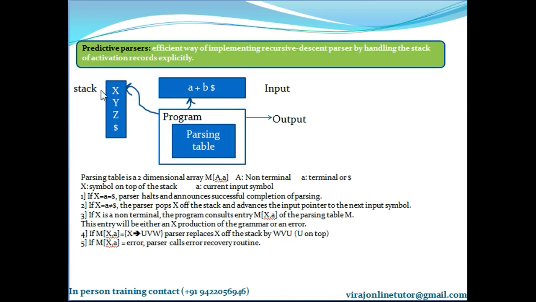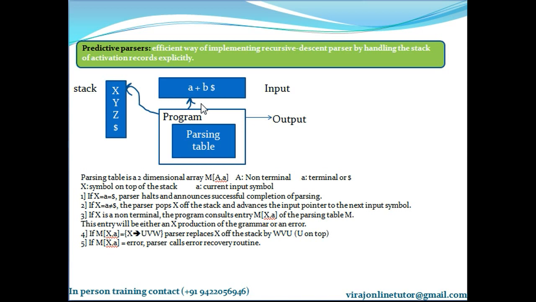So now, in this example, let's consider X is on the top of the stack. It checks whether X is equal to the current input symbol. Now this is the input string, so the input pointer is pointing here and one pointer is pointing to the topmost stack element. If the topmost element on the stack is equal to the current input character and it is also equal to dollar, meaning the input is over, dollar is the last character in the input, just to mark the end of string, then dollar matches dollar, my parsing is over.